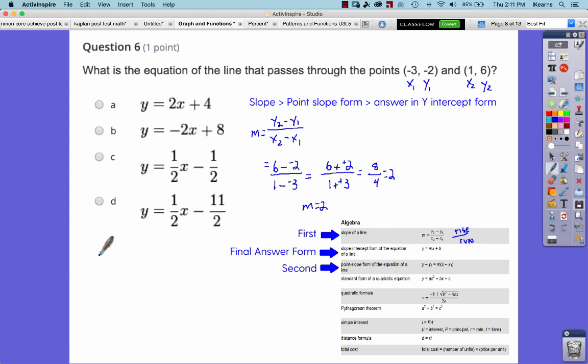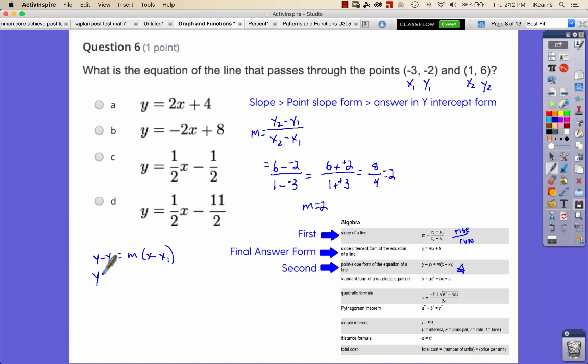I'm going to do that over here. So this is y minus y1 equals m times x minus x1. Again, I'm taking this from the formula sheet. It's right here. Okay? So let's plug these numbers in. We can use the same one. You can use these ones here. You would get the same answer if you did this one, but we might as well do the one that